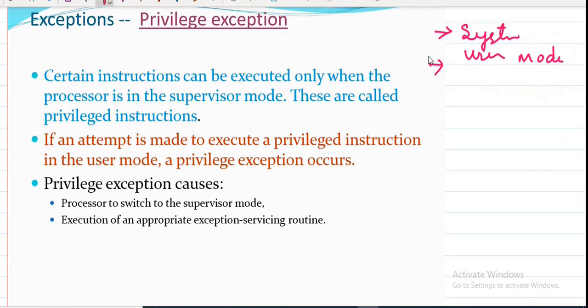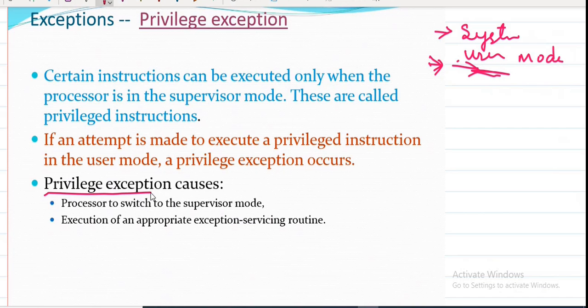If the system is running in user mode, and there are instructions that can be executed only in supervisor mode, it raises an exception. That exception we call a privileged exception.